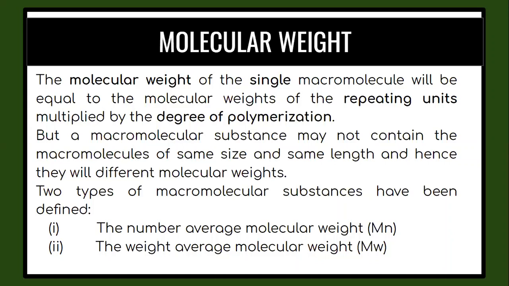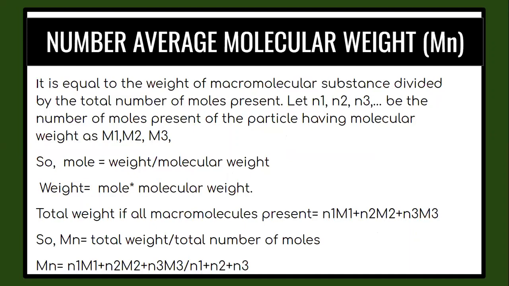The first is called the number average molecular weight method, and the second is called the weight average molecular weight method, which is denoted by Mw. Moving on to the number average molecular weight, it is a very simple way of understanding. We are going to look at the number and take the average of it. For example, say there are different numbers of moles joined with one another, and we have to calculate the total number of moles of a molecule which is present.